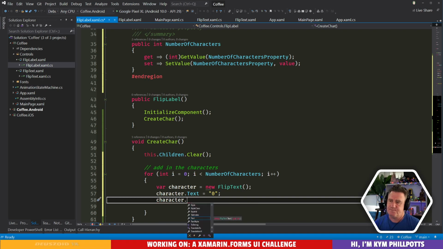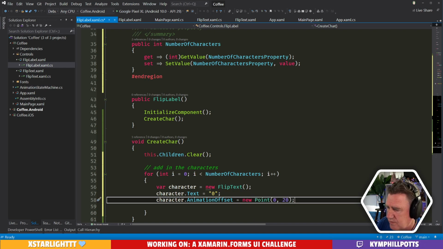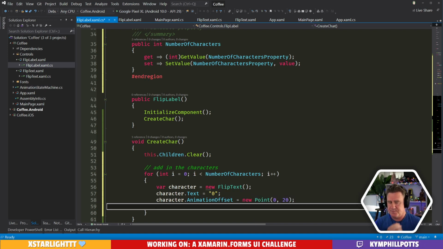We'll set animation offset. We'll just make it 20 for the moment. We might want to create a bindable property on that. And then we'll add this into our children.